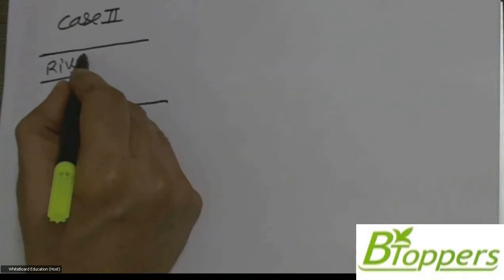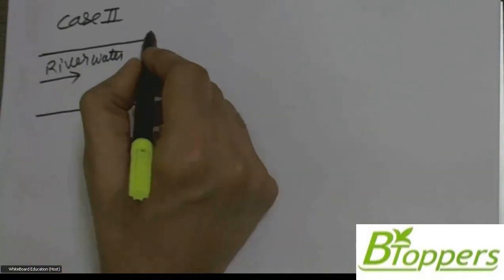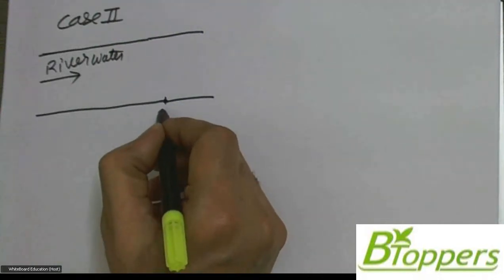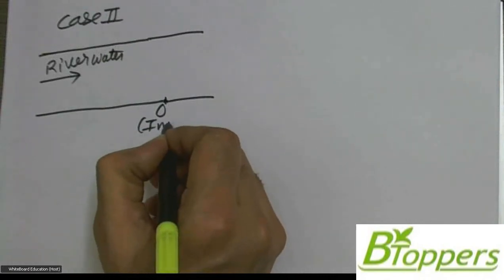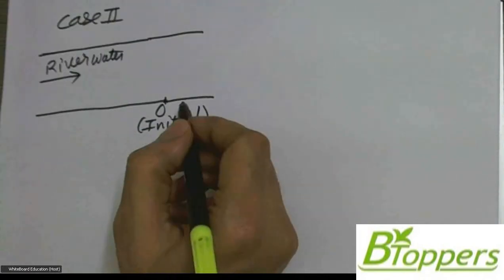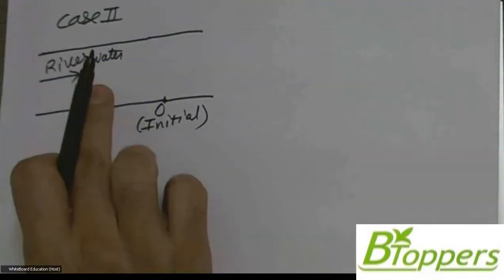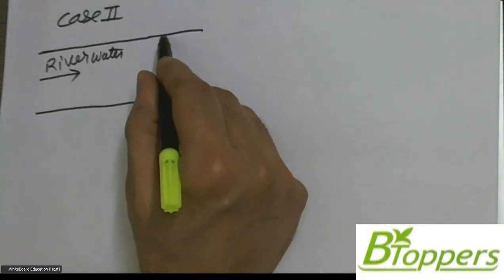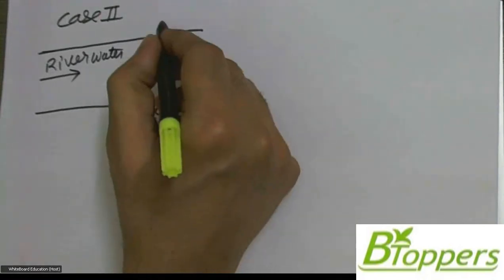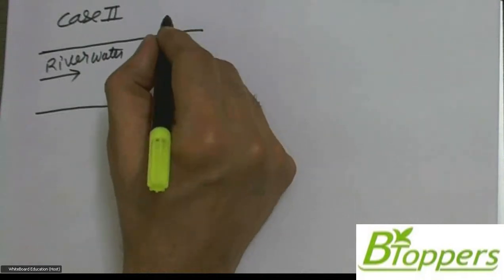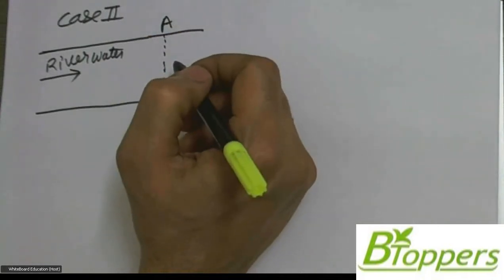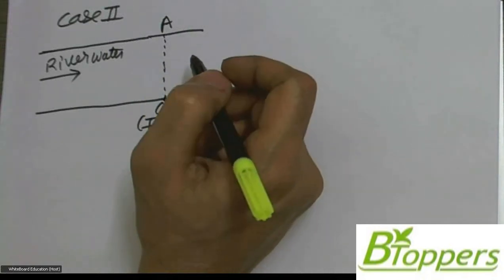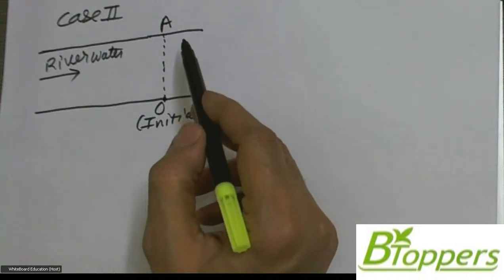This is the direction of the flow of river water. Here O is the initial position of the boat on one bank of the river. This is the bed of the river here. The diagram is understood to be in the horizontal plane. A is exactly the opposite point on the other bank of the river. In the previous case, the boat does not reach this opposite point A.